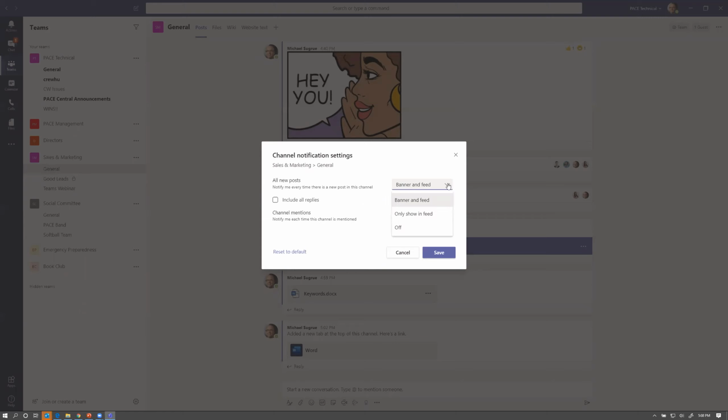So just here in this little drop down, you can also turn channel notifications off. Even if you're a part of a channel, it's not so important for you to be alerted of everything that's going on, but occasionally you just want to go back in and see the activity. You can turn all the notifications off for that particular channel, and then you won't be bothered at all by it, but on your own time, you can go back in and look at things.